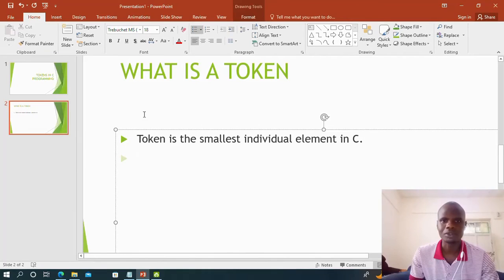So the examples include, let me do bullets,